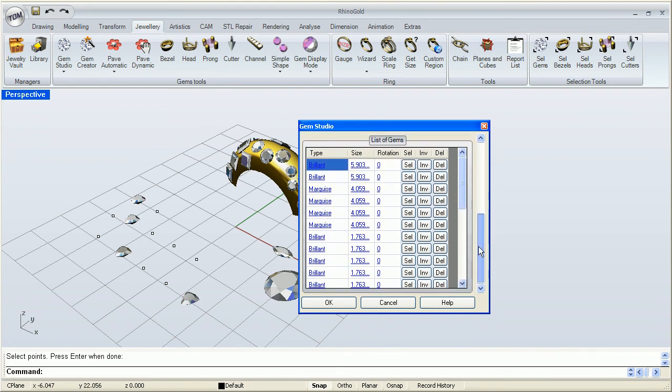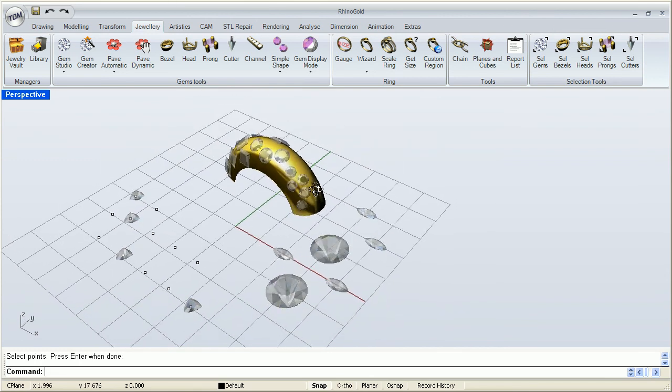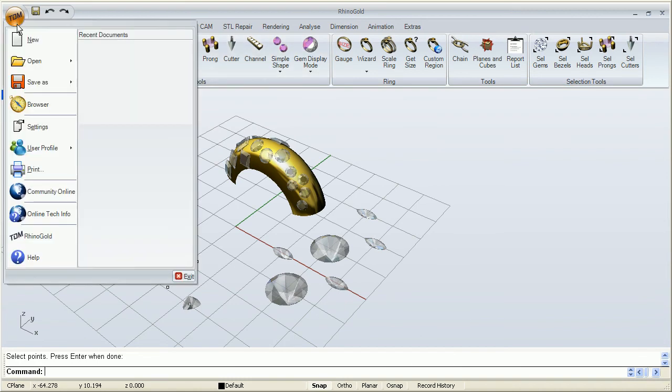Now notice that at the bottom it gives us a list of all the stones that we've been inserting. So it's very easy to go in there and delete or invert their direction or select it to do anything specific to that one stone. I'm going to click OK now, and all our stones are now inserted. I can now go to the browser